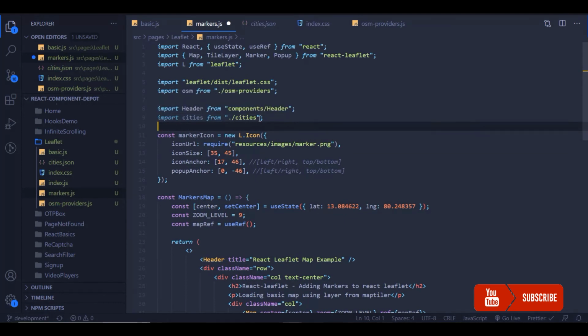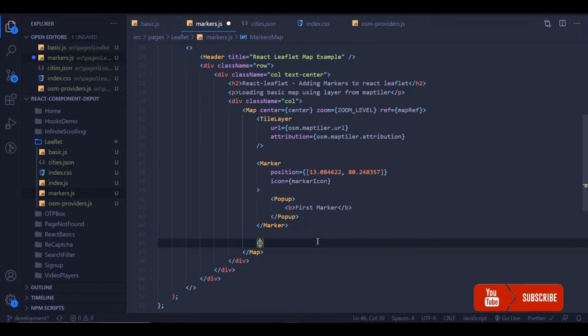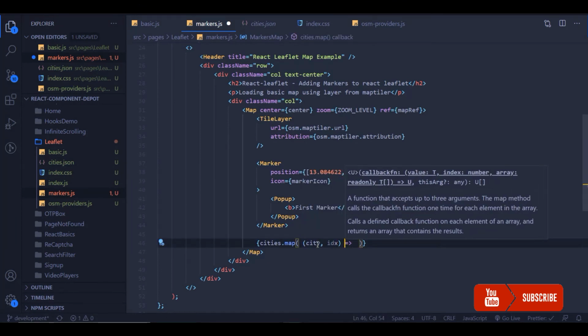And also you can have a custom icon for each city individually, but here I'm going to have one marker icon for all the cities. So for this we are just going to place this marker in our map. Iterate this and display each city. Here we need to add the marker, and also we need an index as a key, because we are running a loop, so we need to provide a key parameter.